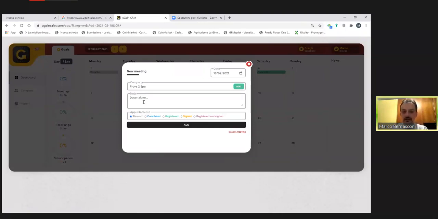And now let's try and enter our newly registered company over here. And I understand that I met Marco Bernasconi, who is the CEO of that car dealership in Bergamo. And I'm registering here, recording here that I had my informative meeting. And I'm planning to have an additional appointment with the owner of the company. For example, next week from the 22nd to the 28th of February, I would like to meet with other companies